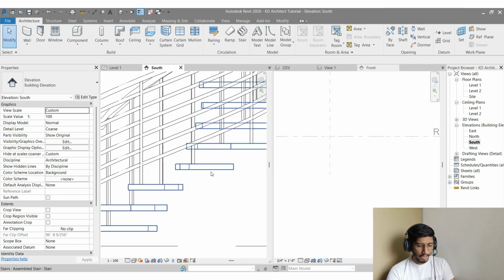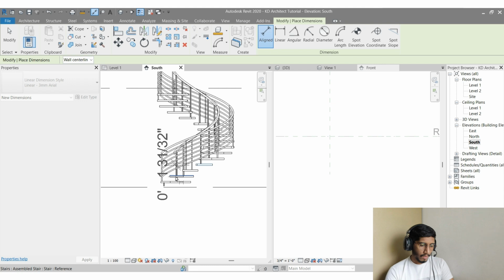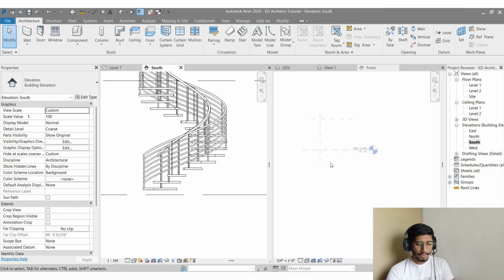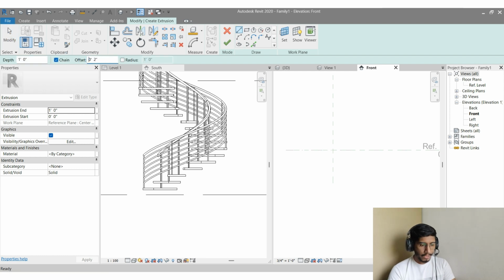Okay, so if you observe here, we have tread depth 131 by 32, approx 2 inch. So that's fine. So let's go to family over here. So here we'll create, first, let's say a 2 inch offset over here, and